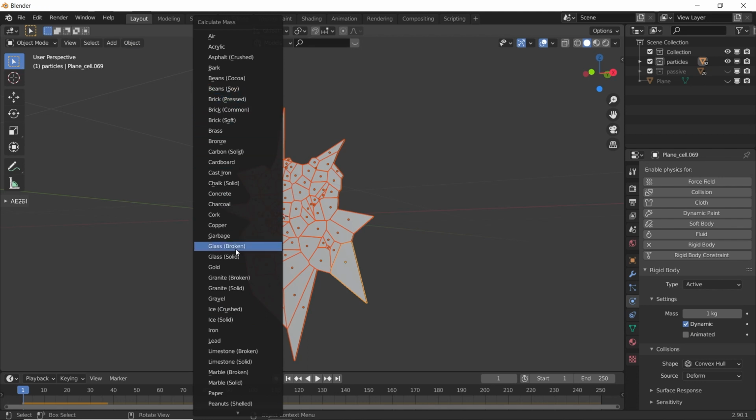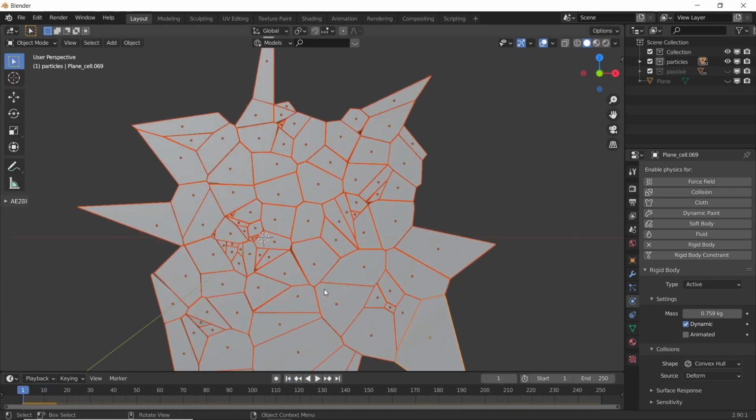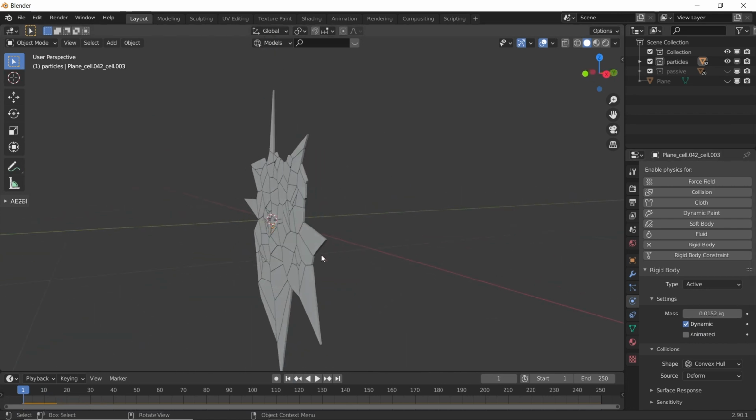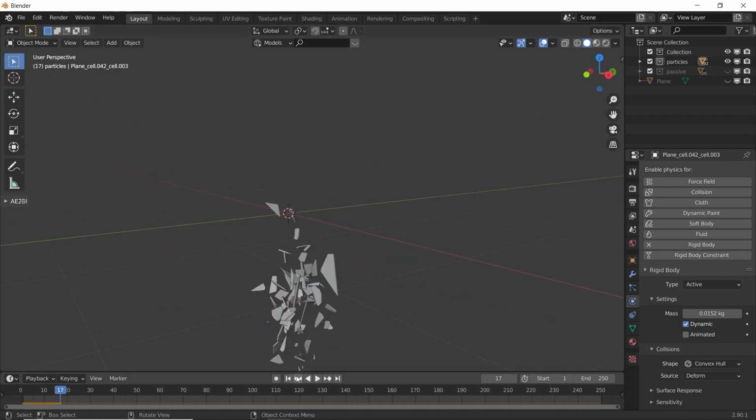As this is glass and it's broken, select glass broken. Okay, if you see now, this one has 0.2 kg, this one has 0.015 kg, and this will look something realistic.